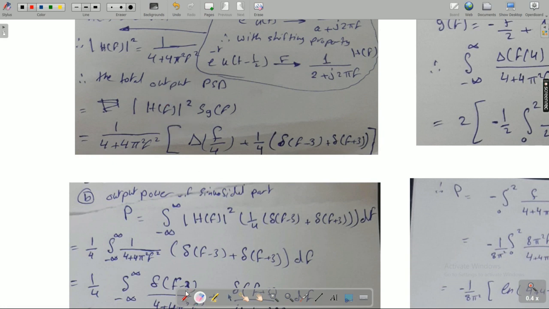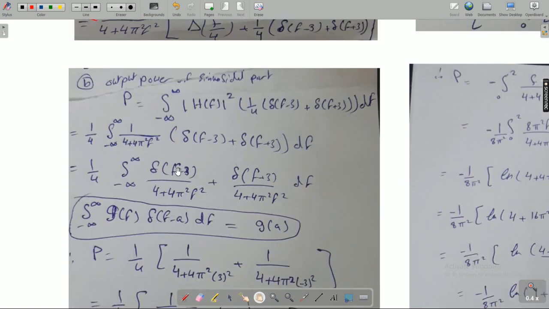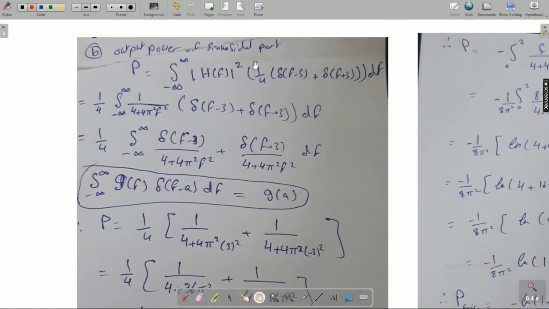As we have done here, this is the magnitude of the system response. This is |H(f)|² multiplied by the signal. My signal consists of noise, which is a triangle function, Λ(f/4), and the sinusoid. Okay, so moving to part B, where I would like to calculate the output power of the sinusoid